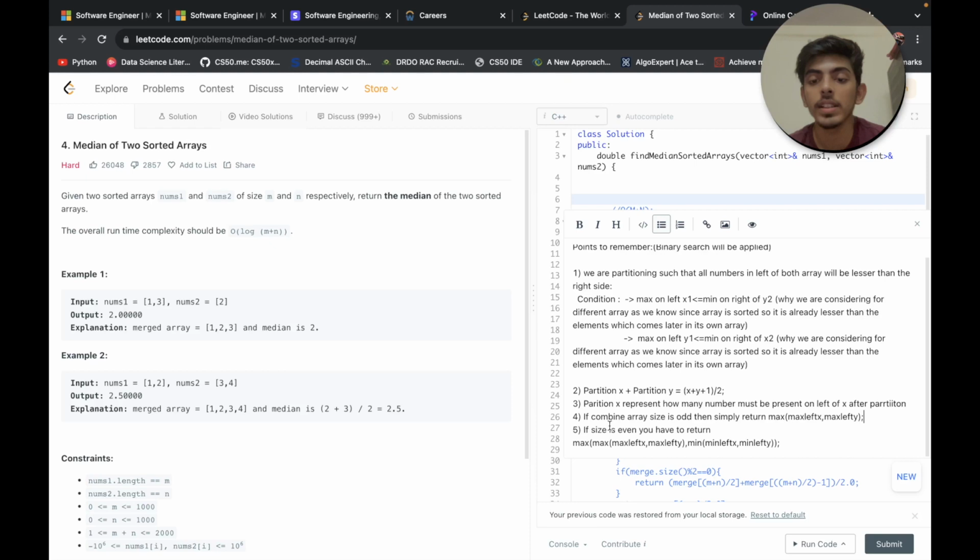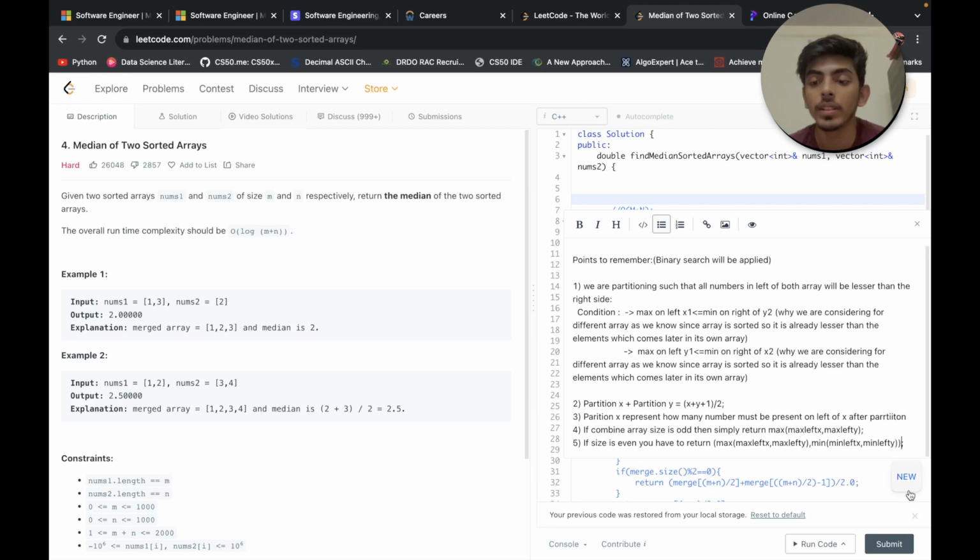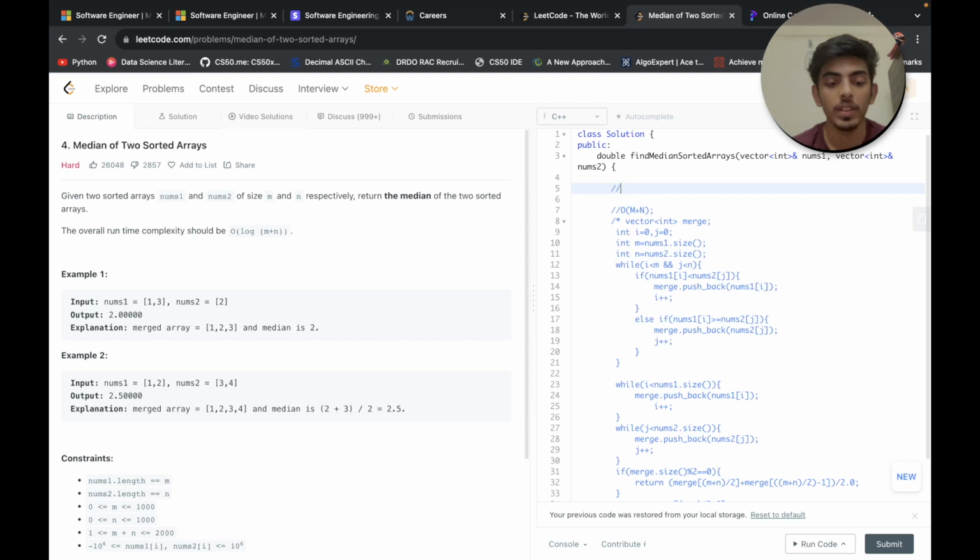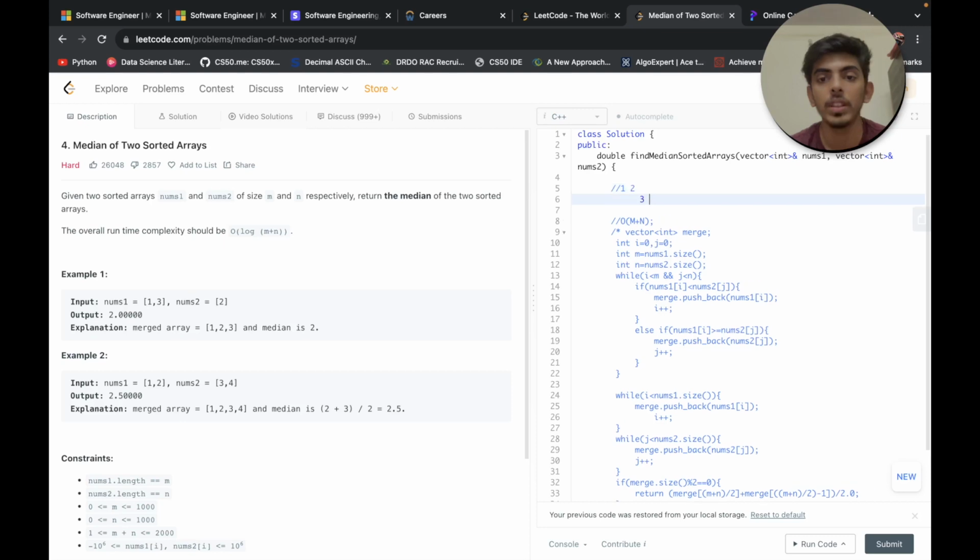If the size is even, we have to take an average over here. Let me take some example: 1 2 and 3 4, right?